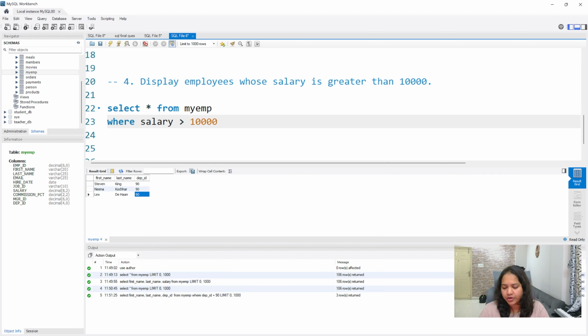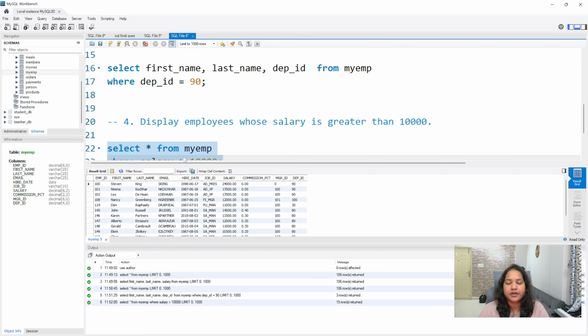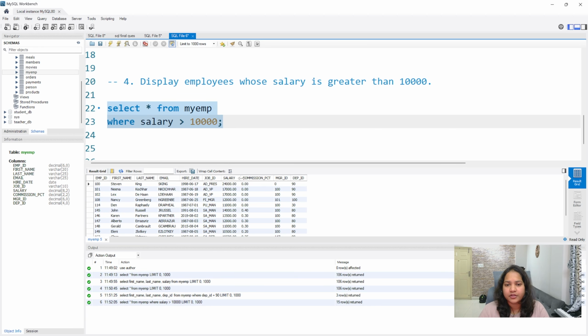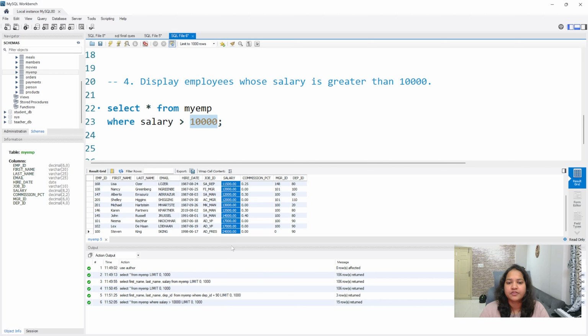Here you don't have to put any commas like this. Just give 10,000 and that will work completely fine. If you run this, first it will give all the column names because you put a star. Then it will check the salary column wherever it is greater than 10,000, and all those records will be given. So this is your code to select all the employees whose salary is greater than 10,000.